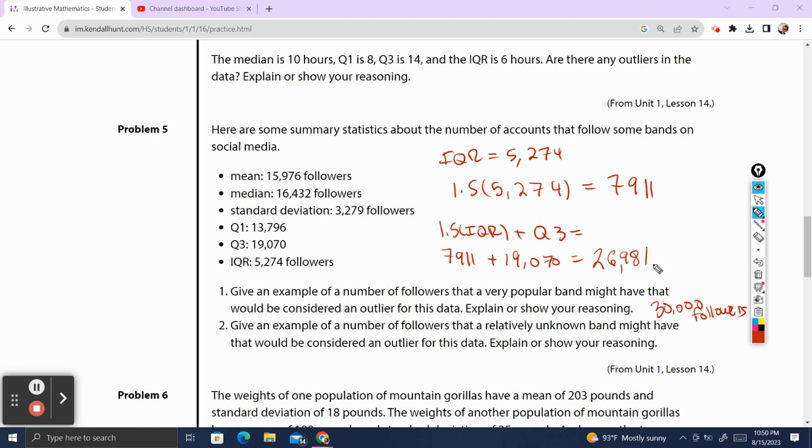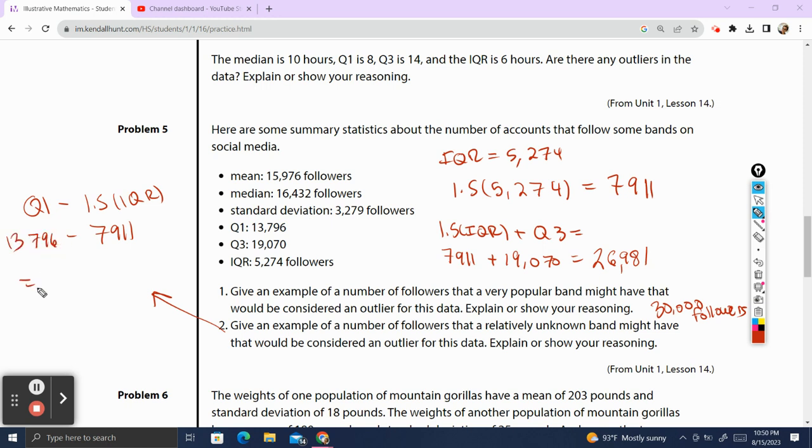Question 2. Give an example of a number of followers that a relatively unknown band might have that would be considered an outlier for this data. Explain or show your reasoning. So in this one, we're looking for a value that is an outlier on the lower side of our data. The formula we can use for that is Q1 minus 1.5 times IQR. We've already calculated our IQR times 1.5, and we got 7,911. Our Q1 is